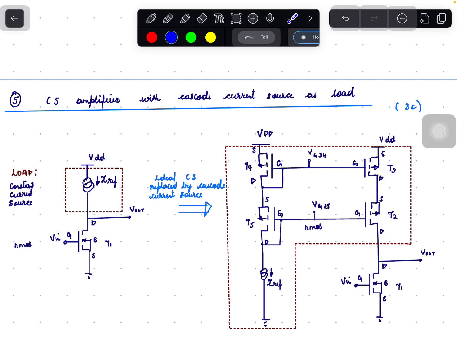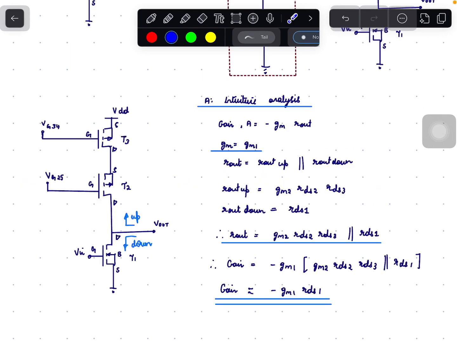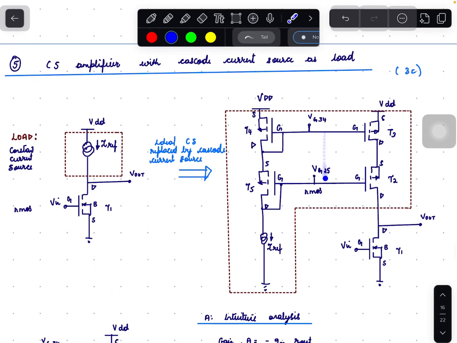Here the voltage at the gate of T3, that is VG34, and the voltage at gate of T2, that is VG25, are constant voltages, and the voltage at the drain of T4 is equal to the voltage at the drain of T3. For intuitive analysis, we can consider only the right hand part of the circuit, that is this part of the circuit,